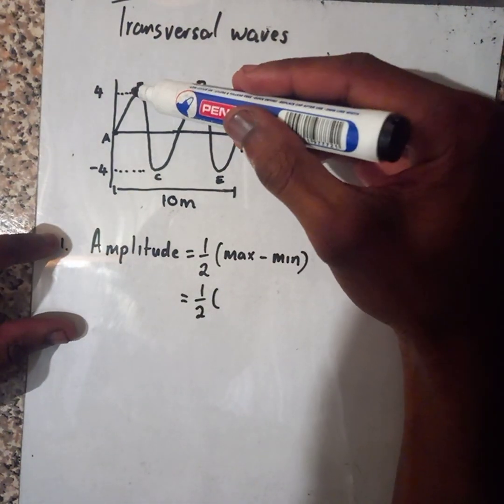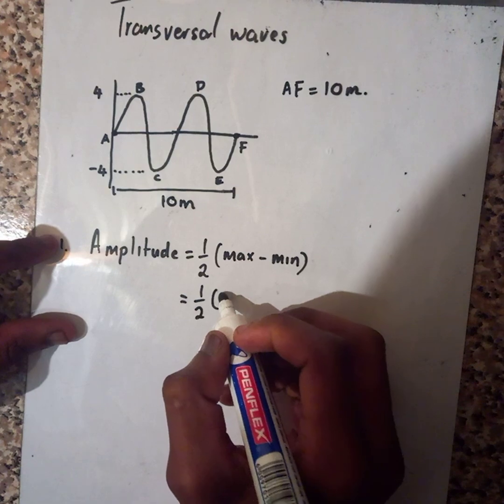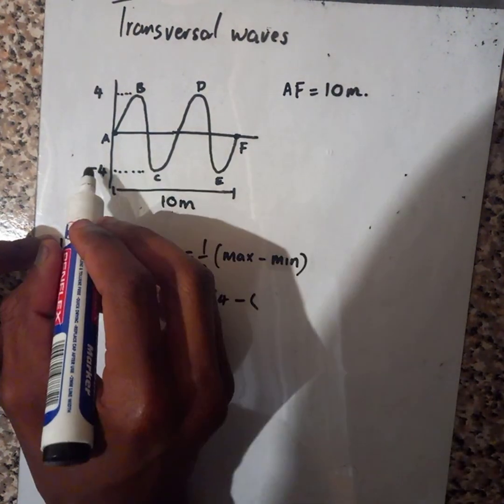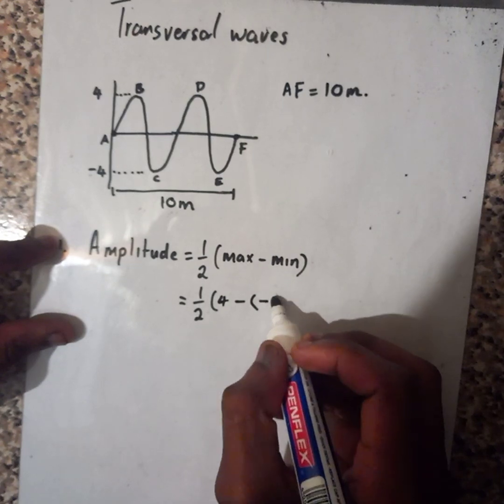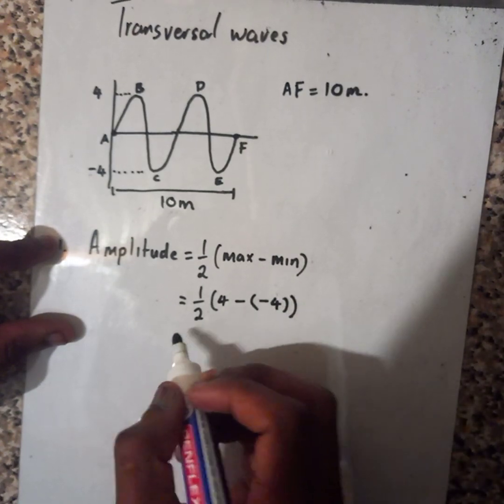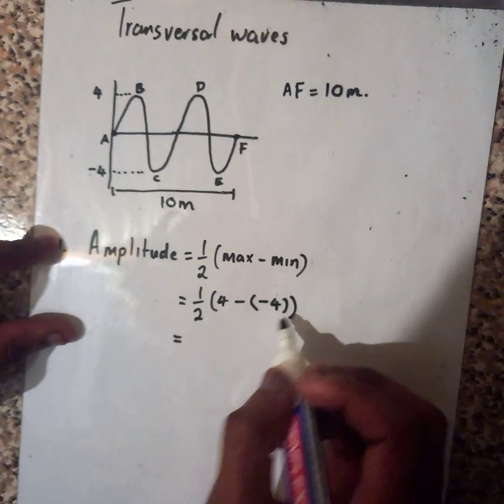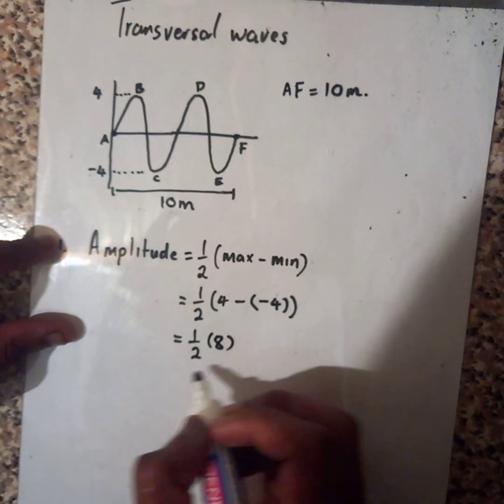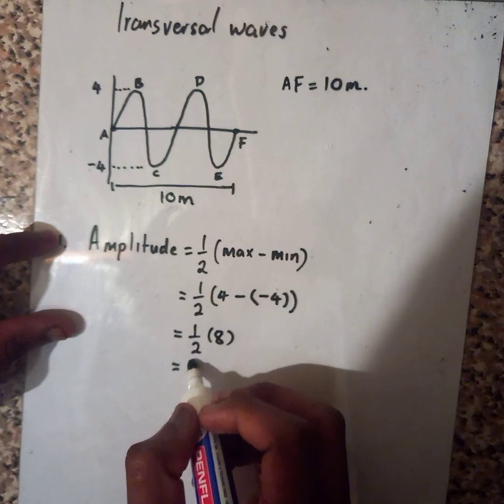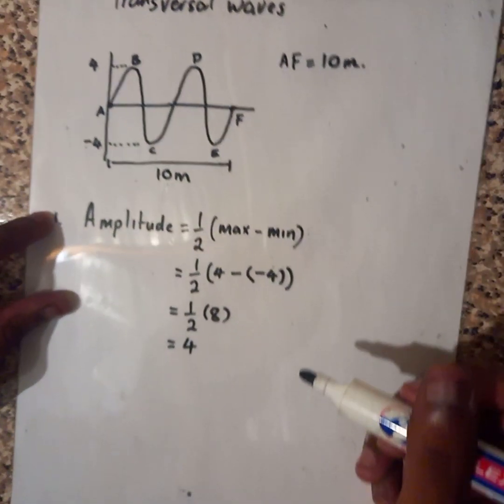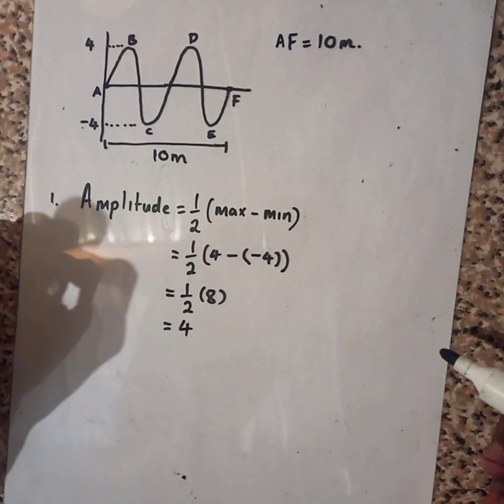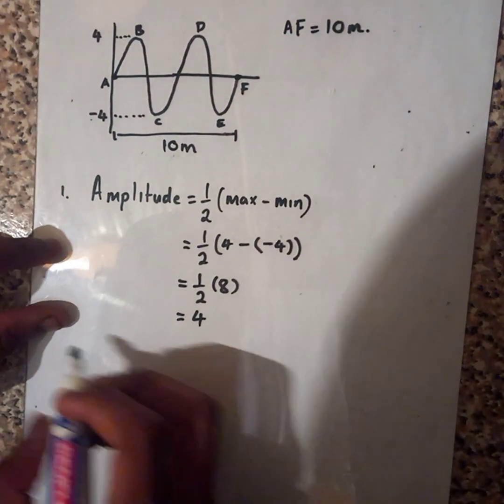Our maximum point is 4. The greatest point is 4, minus, and don't forget to include that minus again, minus 4. Then we are going to get 8. The half of 8 is 4. You see? Then for our amplitude, we get 4. Then now, number 2,